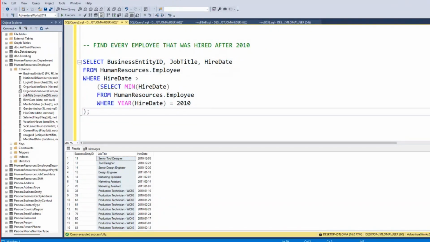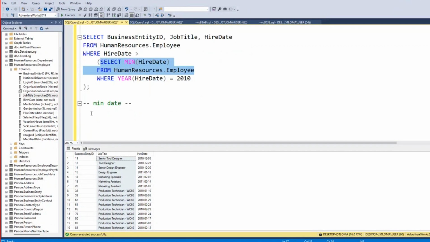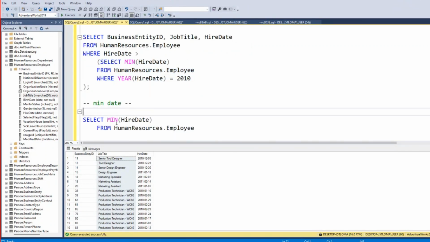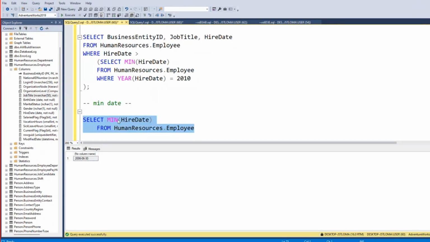You see, in SQL, the way that SQL understands dates is different from the way that humans understand dates. Now, if I say minimum using dates, do you know where it's going to return from? But let me show you an example first of all. Let me just copy this code here and then execute. That is going to return the minimum hire date. So with this minimum hire date, it is going to give us the